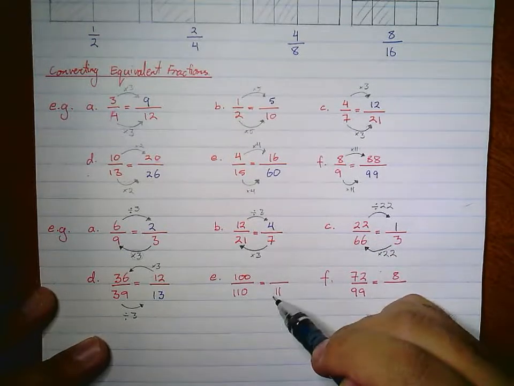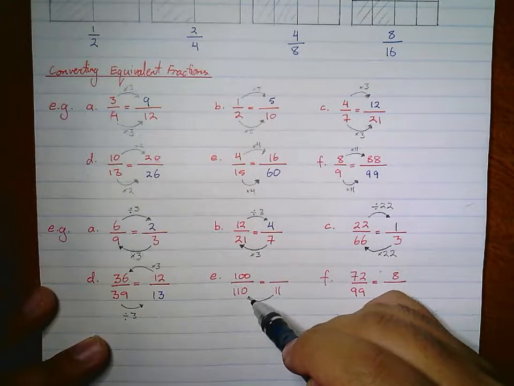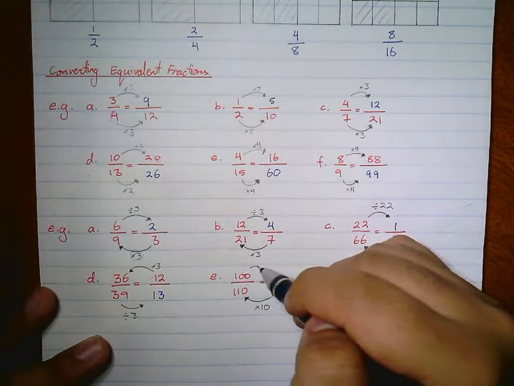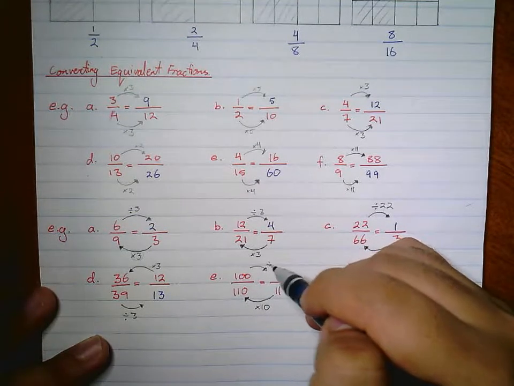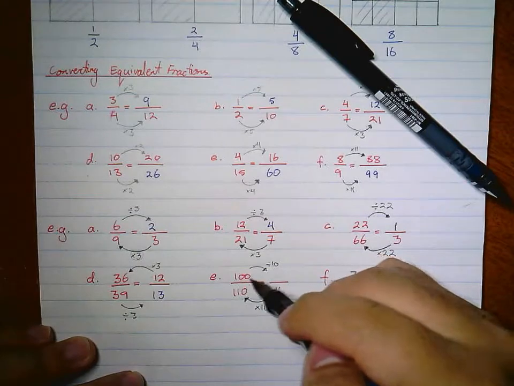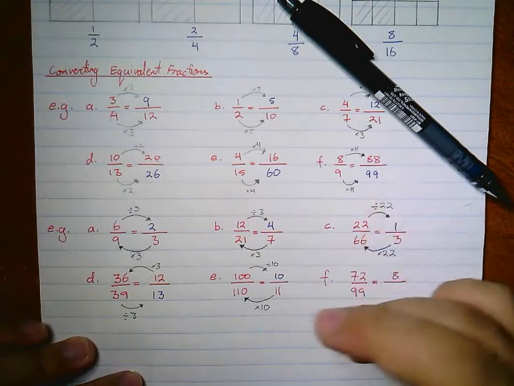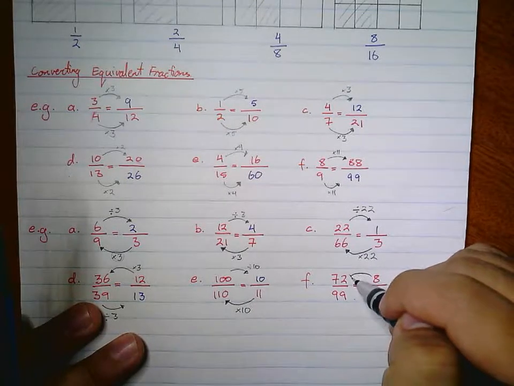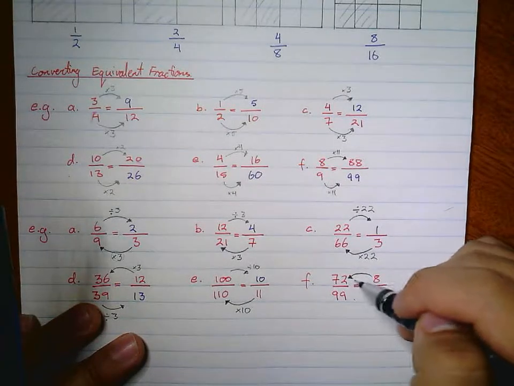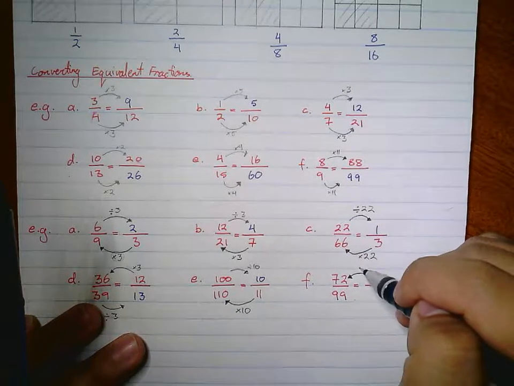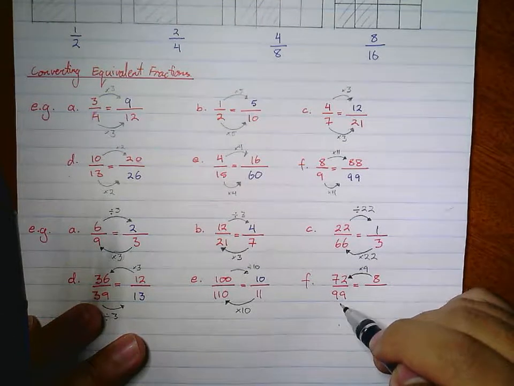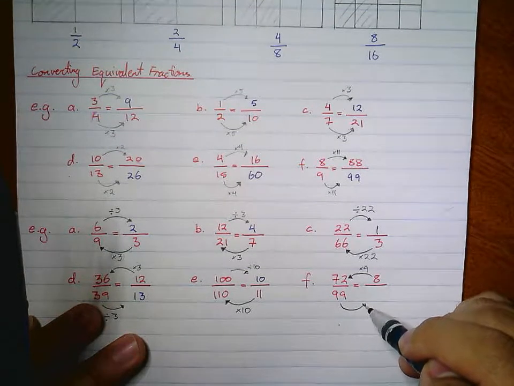Once again, 11 times what gets me to 110? Well, I know 11 times 10 is 110, which means going backwards, I'm going to divide by 10. 100 divided by 10 is 10. And finally, 8 times what gets me to 72? Well, 8 times 9 is 72. 99 divided by 9